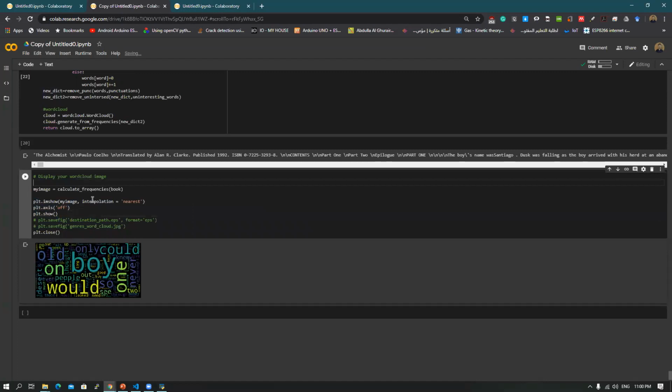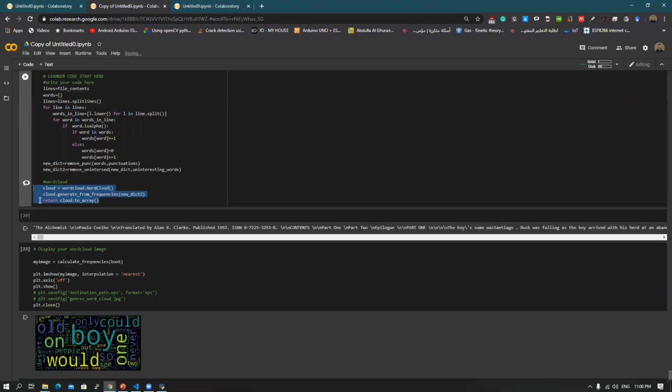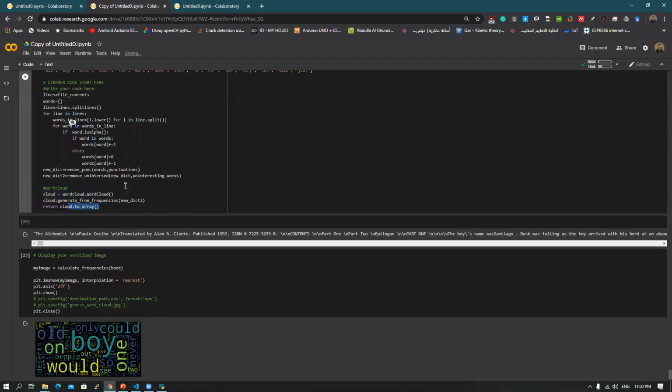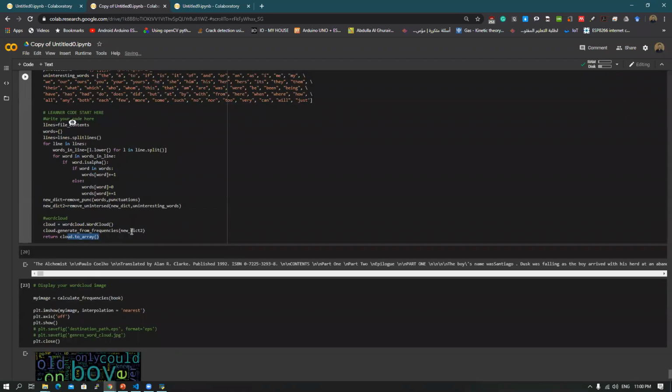This one gives us the photo, and this one is a function that helps us plot the photo here. Okay, this one, plot m show, just plots the image. So this helps us to create an image, so you don't need to bother yourself with it. I already gave you the code because it's a function, it's a library, so it needs